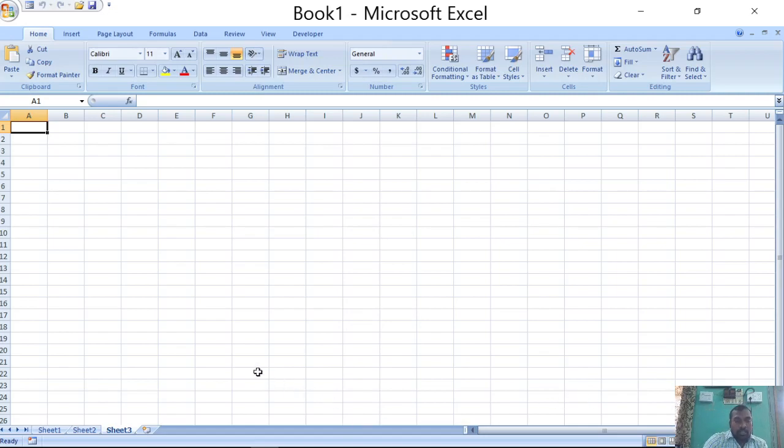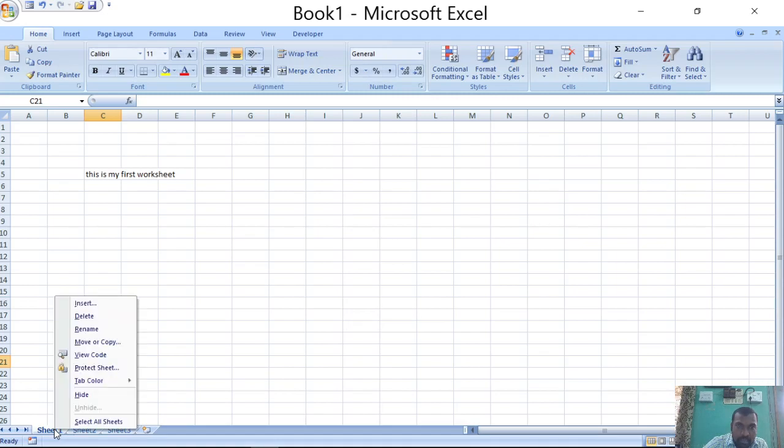Okay, now for example this is Sheet1, where we are, and here I am writing: this is my first worksheet. The name of the workbook is Book1 and the sheet name is Sheet1. Now I want to create a new workbook with this sheet. Then what do I need to do?